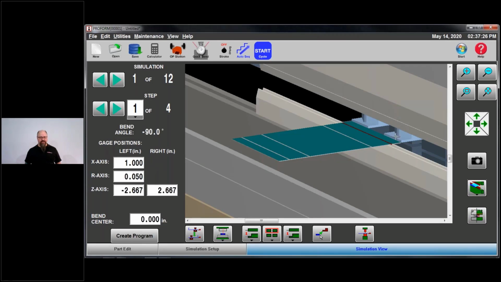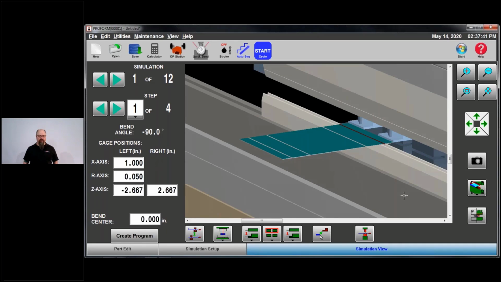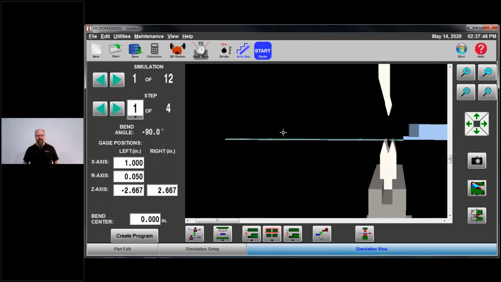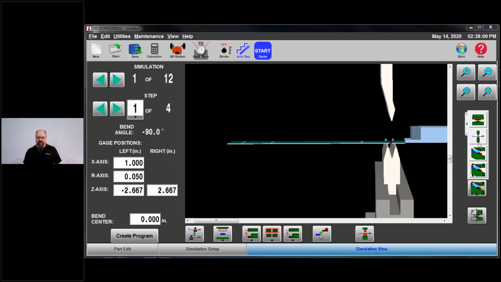There's my back gauge, there's my part, there's my upper tool, there's my lower tool. This is what you miss if you don't have the bend simulation enabled here or at the machine. You will not see the upper, you will not see the lower, you will not see the filler block. You will literally just see the part and the gauge, okay? And again, that's a question you're gonna have to take up with parts as far as getting it enabled at the machine, okay? So there's the upper tool, there's the lower tool, there's the part, there's the gauge.